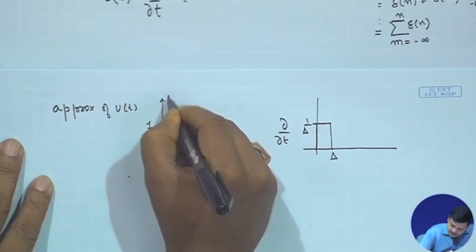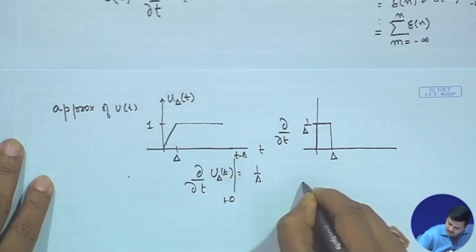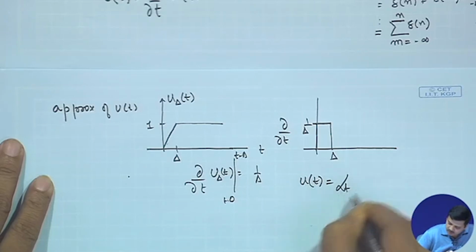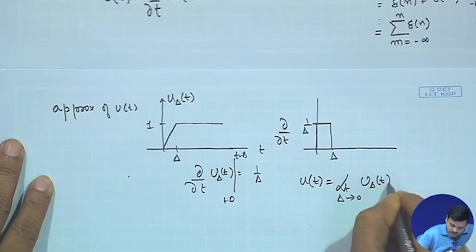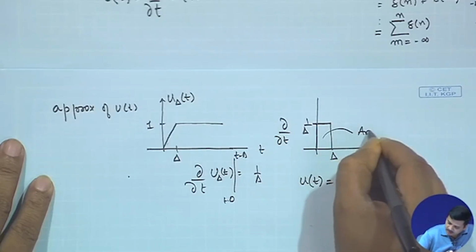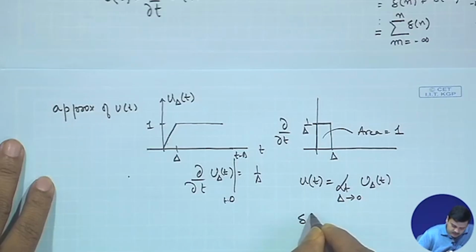This is what we are writing as u delta of t. In other words, we have written that u of t is equal to the limit delta tends to 0 of u delta of t, and we also know that this area is equal to 1 irrespective of the value of delta, and then we could write delta t